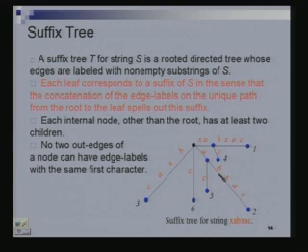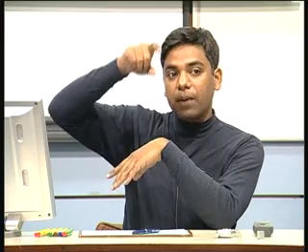Right? So basically, look, that means since there is a suffix whose prefix is AB, if the pattern appears in the text, then there is some suffix whose prefix is that pattern. So that means there is some word in the collection of words that I have thrown in whose prefix is that pattern. So when I am searching for that pattern, the initial part of that word will match up.